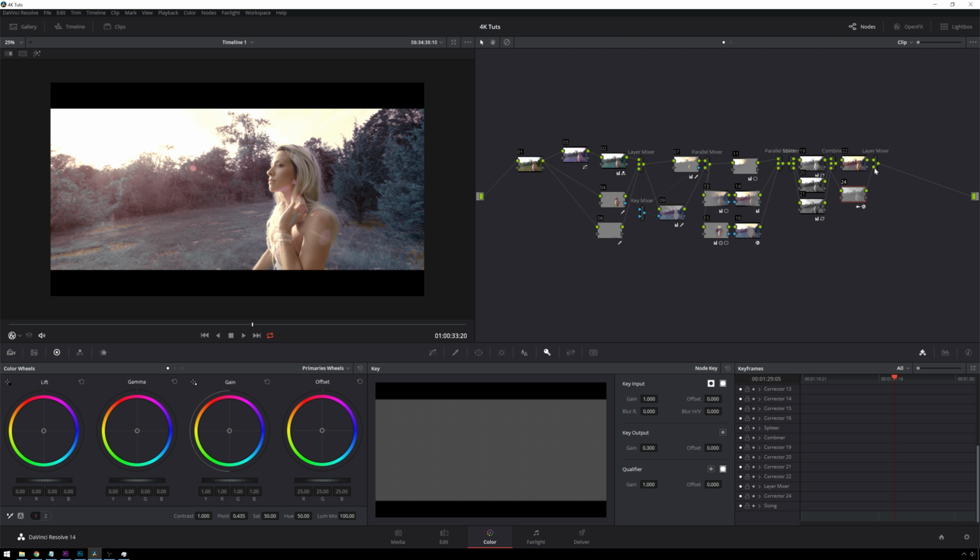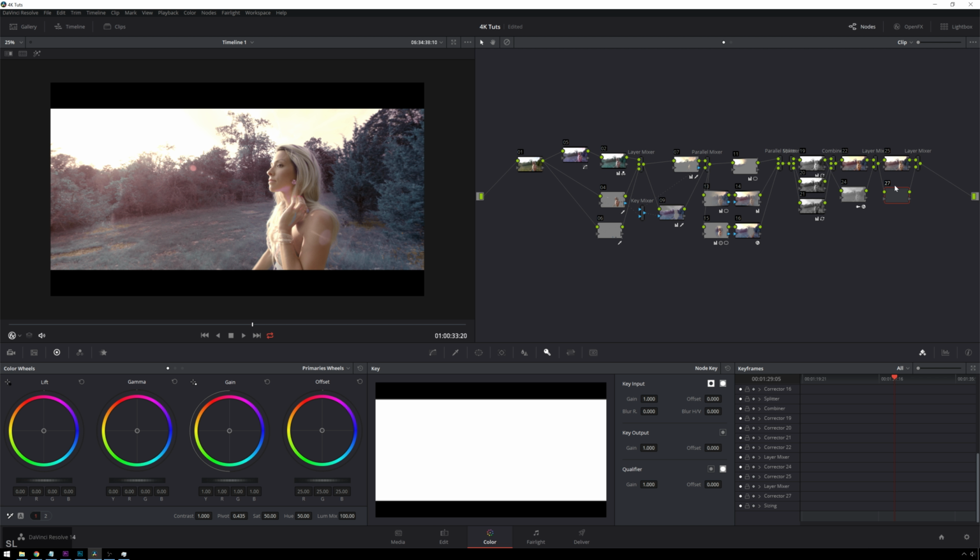So now we've got that, and we'll add another serial node and a layer mixer node. We're going to pipe in from the very beginning. Nice. We could leave it like that and just be hilarious, or we could change the composite mode and make it color, to just sort of normalize things out a bit, and then we can reduce the opacity on this some to taste, probably like 0.5-ish or 0.3 again,